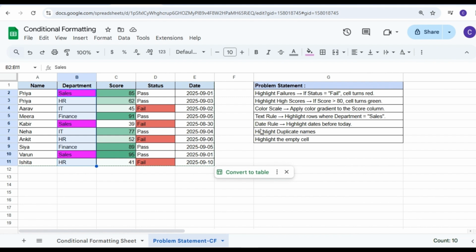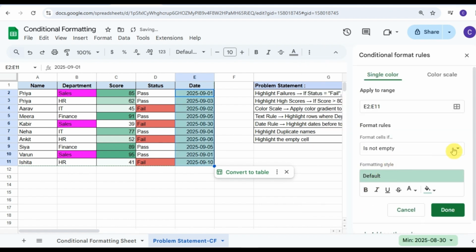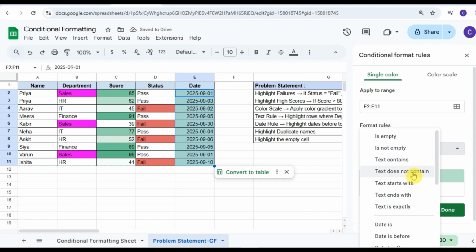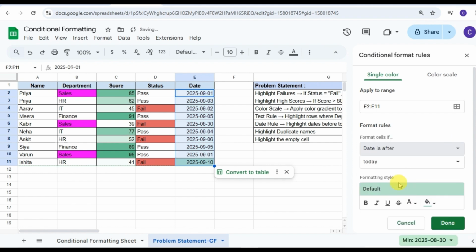Then the fifth problem statement is based upon a date rule. Highlight the dates before today. So how can we do that? We have to choose this date range, then this fill color option, then conditional formatting. Then we have to choose the rule based upon date. So date is, here, suppose after, and today.